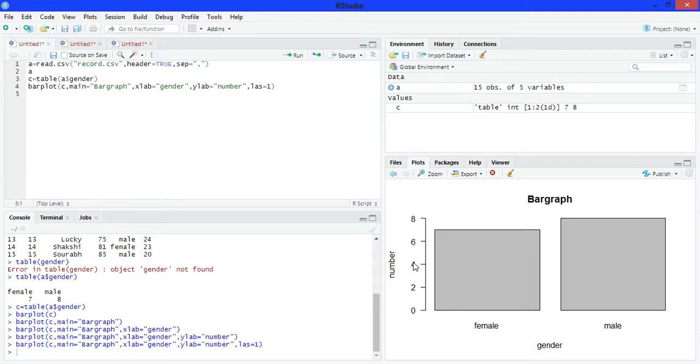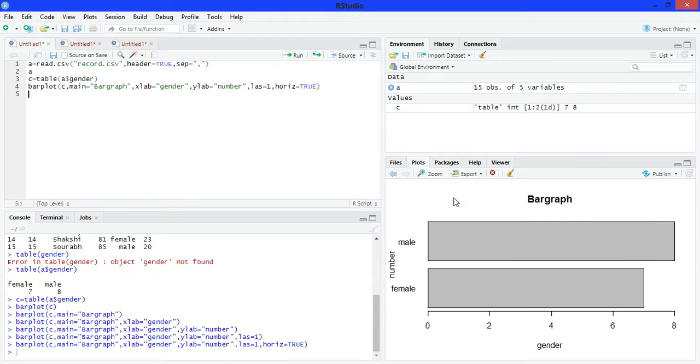If you want to print this graph horizontally, then write here horiz is equals to true. Now run it. See, the graph converted into horizontal.